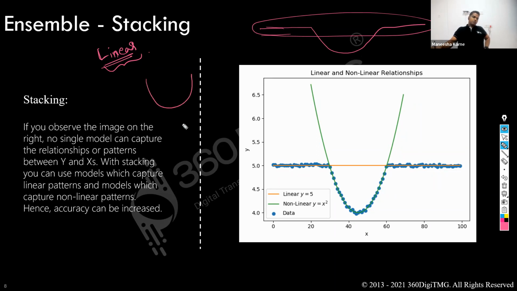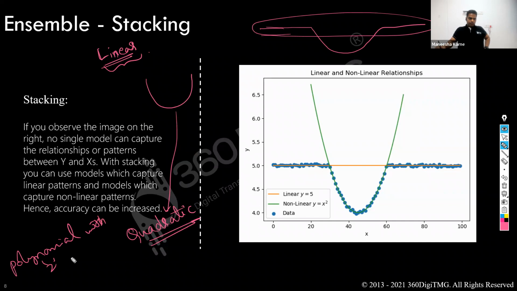If you have a curve like that, it is called a quadratic pattern, or polynomial with 2 degrees. If I have a curve like this, how many bends do we have? 2 bends. So it's called a polynomial with 3 degrees. Here you have a single bend, so polynomial with 2 degrees. You have 2 bends, so polynomial with 3 degrees. So in order to capture the patterns in this, you have to run a polynomial regression with 2 degrees,